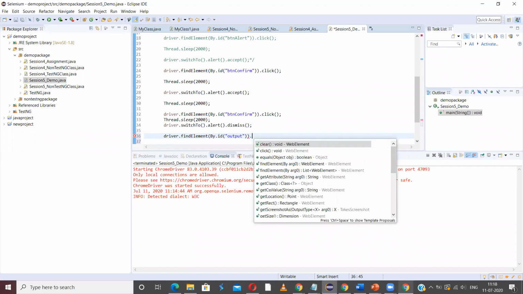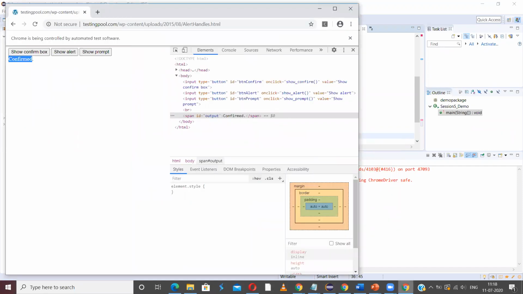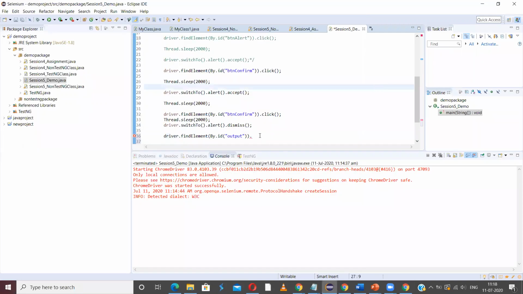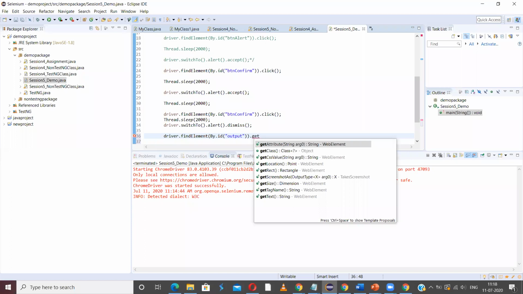So let us get the text. If you use get text, it will get the text of that particular element which has been located by using its ID output. Get text.